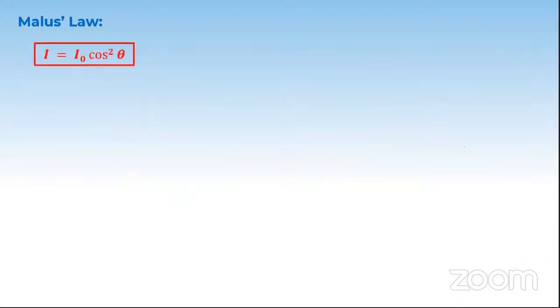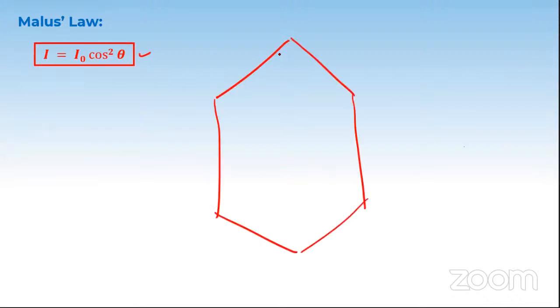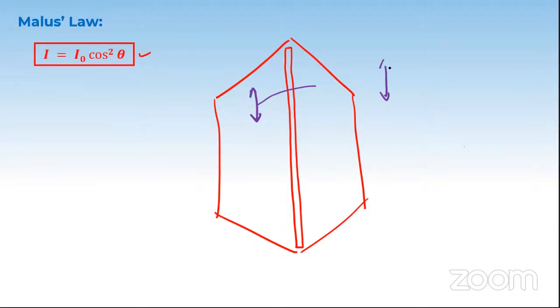Before that, let me try to derive how I got this formula. For example, you are going to take a polarizer. Let me draw a polarizer here, and this is the polarizing axis. In this particular crystal structure, the light can pass through if it is passing in this direction. Imagine there is one light wave in this direction; this light wave will pass out of this polarizer, not a problem, right? Imagine there is one more light wave in this direction. This light wave will be completely blocked and you get no light at all, right?